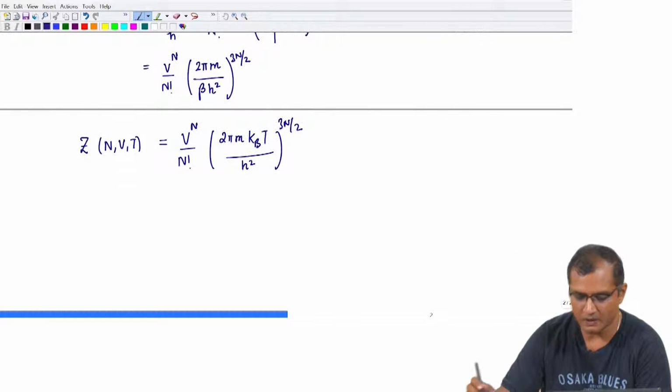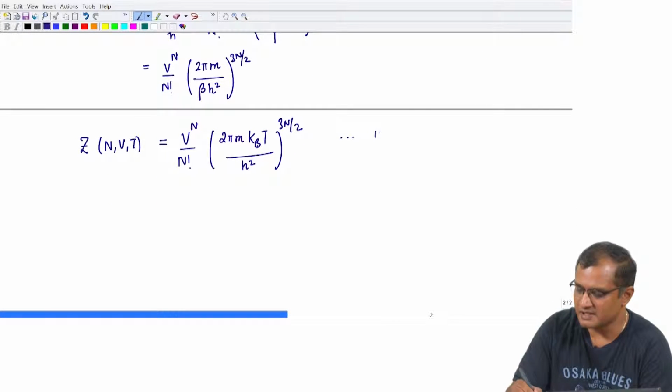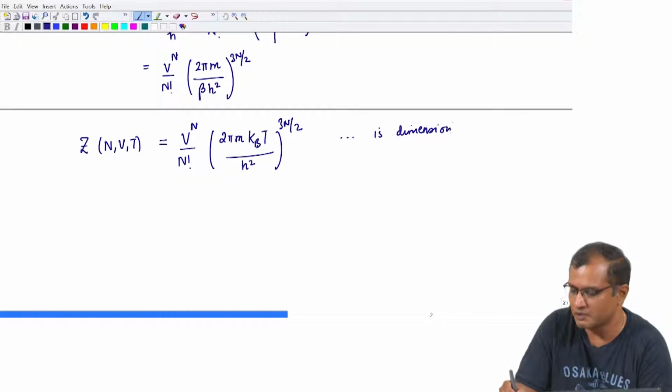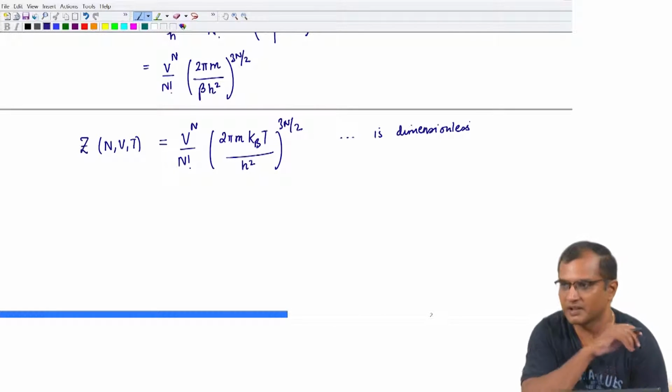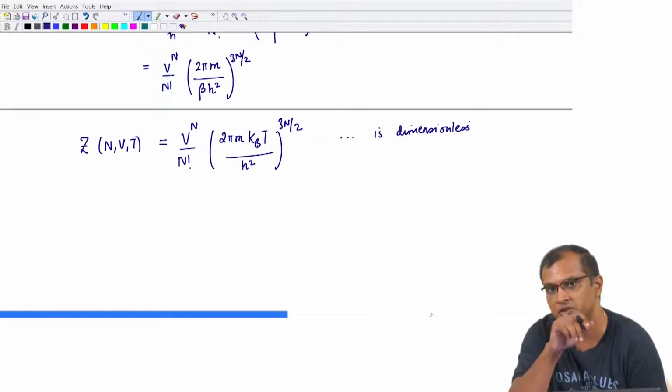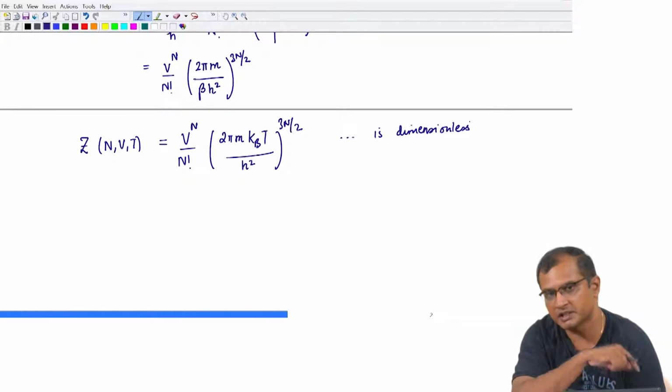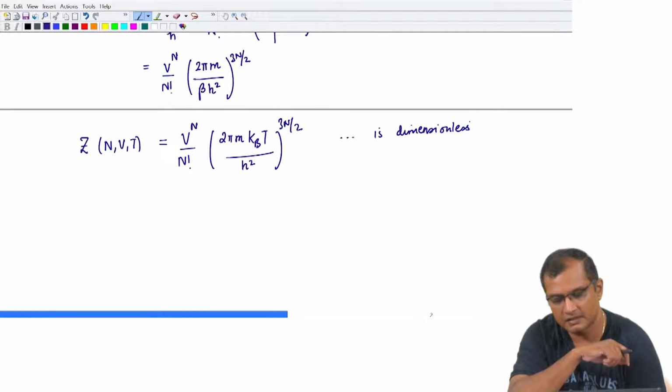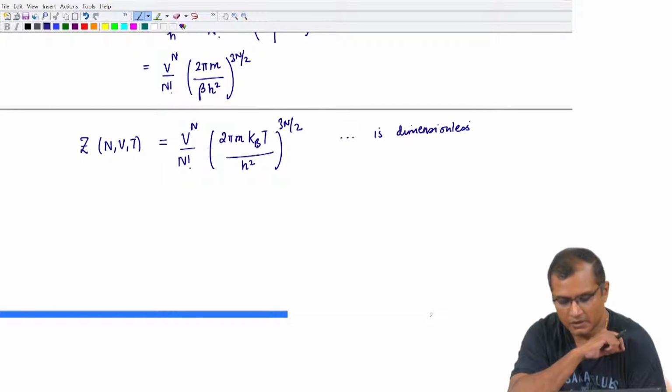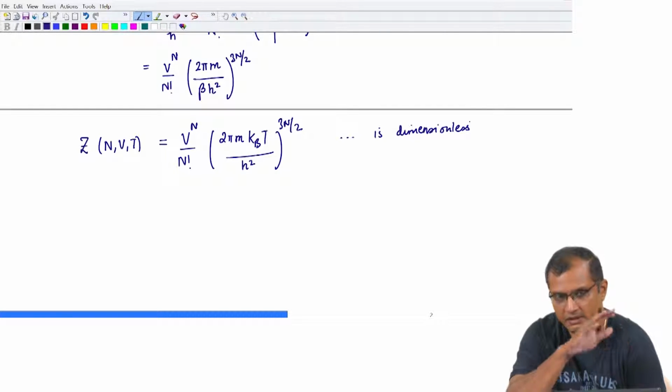Why do I say it? Because the partition function is dimensionless. It has to be, you are going to take a logarithm of this to compute free energy and build a bridge that connects to the thermodynamics. Very soon I am going to construct that bridge, but let us be aware of the fact that